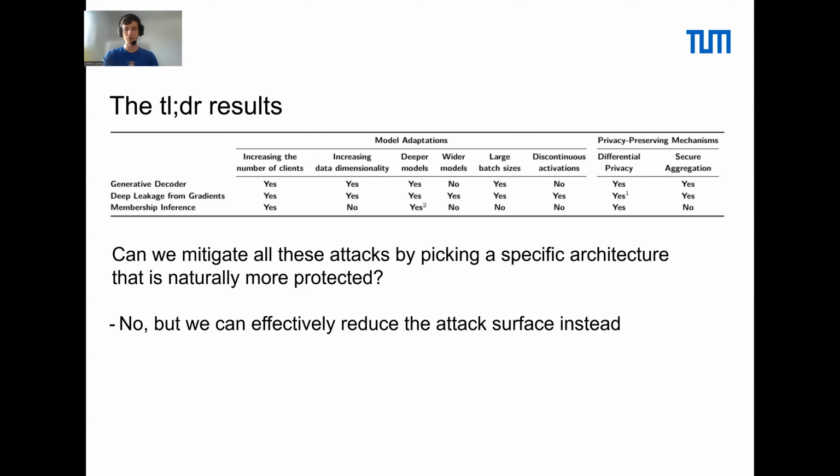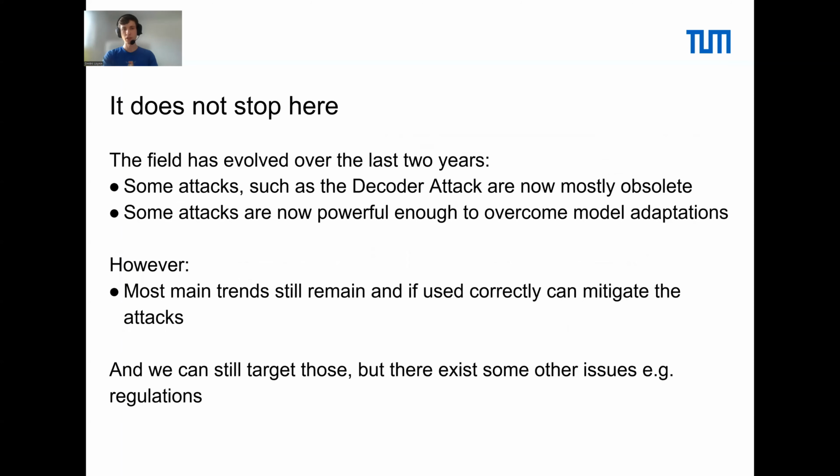As you can see, the big problem here is that there is no unified solution to all three attacks at the same time. And these are just 3 attacks out of many, potentially 20 different types that the adversary can leverage. So can we mitigate even those 3 with a specific architecture and a set of model adaptations? No, we cannot. But the point here is that we can significantly reduce the attacker's surface and completely mitigate certain attacks in full, while also slightly improving the robustness against other types of adversaries.